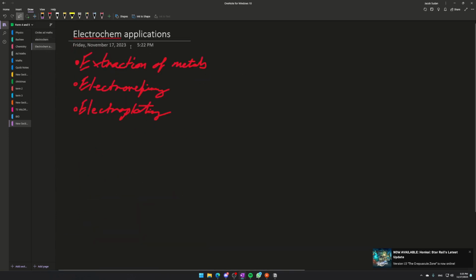So let's explore these concepts. Extraction of metals is for aluminum, really. That's the big one. We didn't really have to go over that now. Electrorefining and electroplating. So electrorefining is rather simple. Let's say we have a